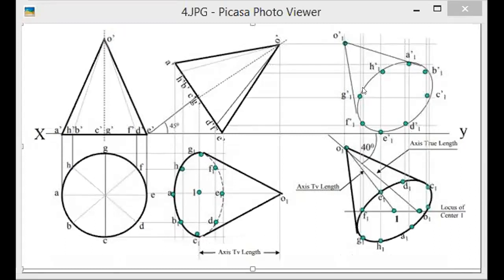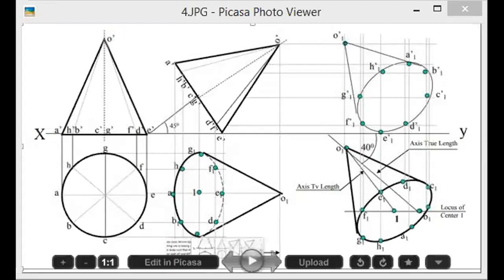Now again, the intersecting points are marked, and hence the points A to H of the third step front view can be found. Now they can be joined by a French curve. Now the horizontal line from O and the horizontal line from O1 will intersect at O1 dash. Hence the apex of the cone will be found. Okay, so this completes all the steps. Now I'm stopping the